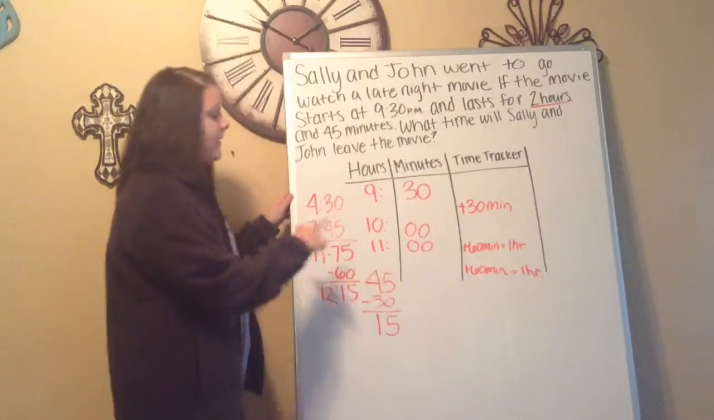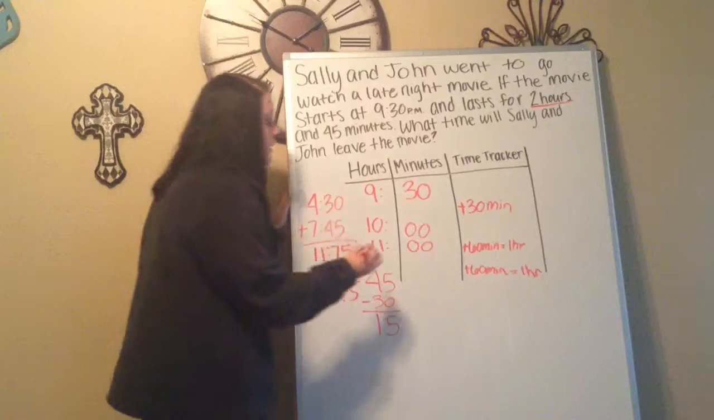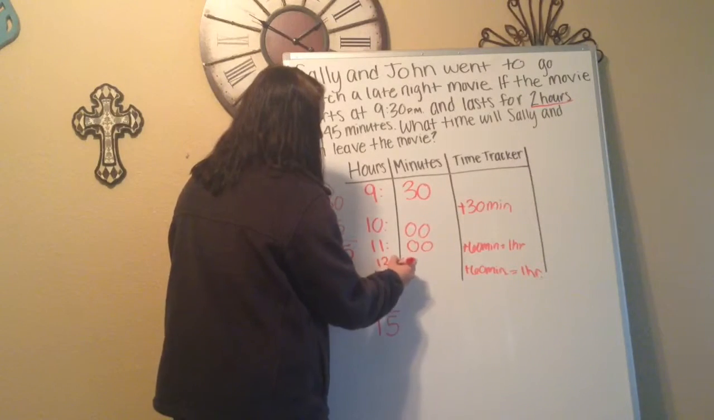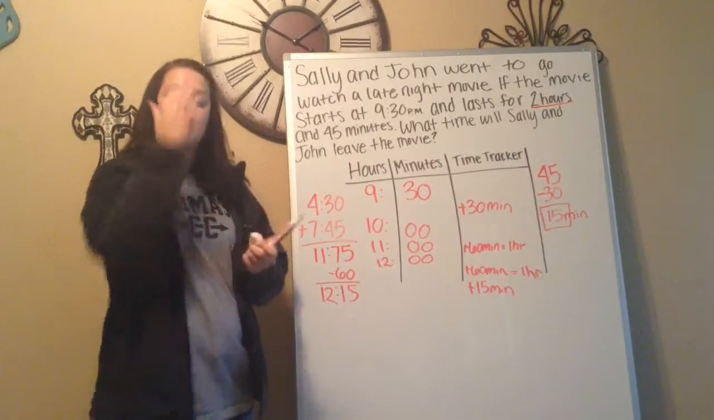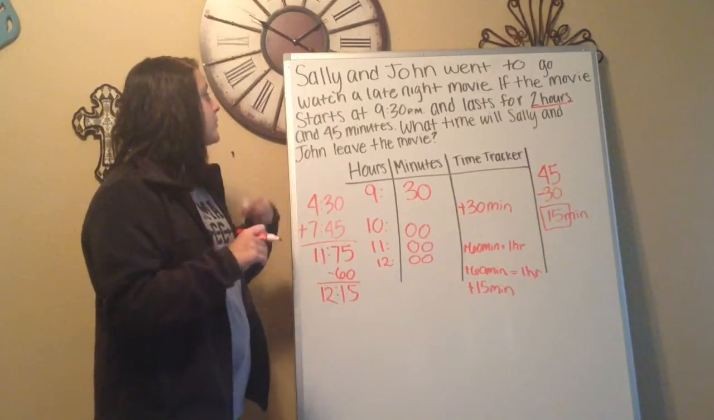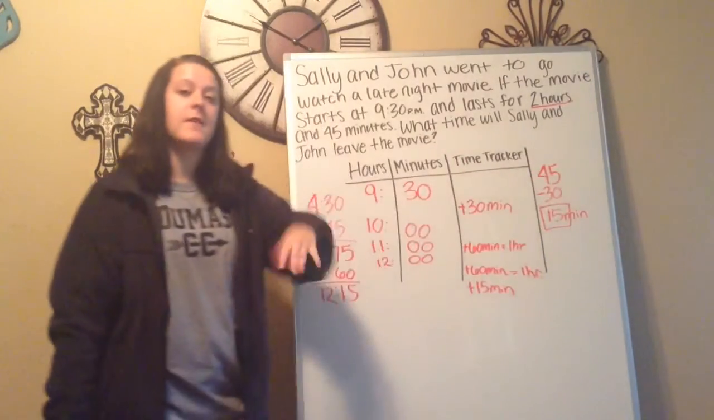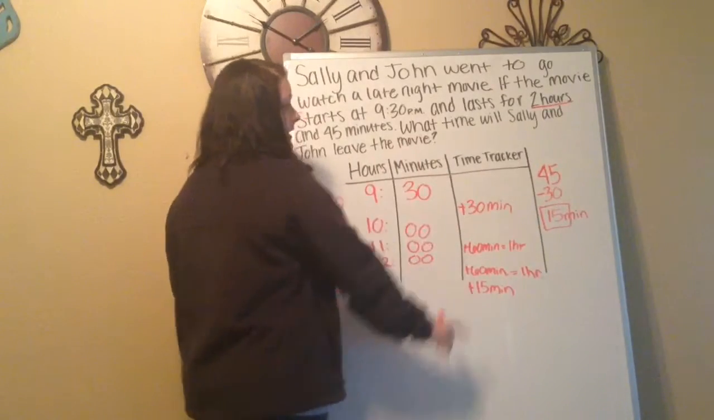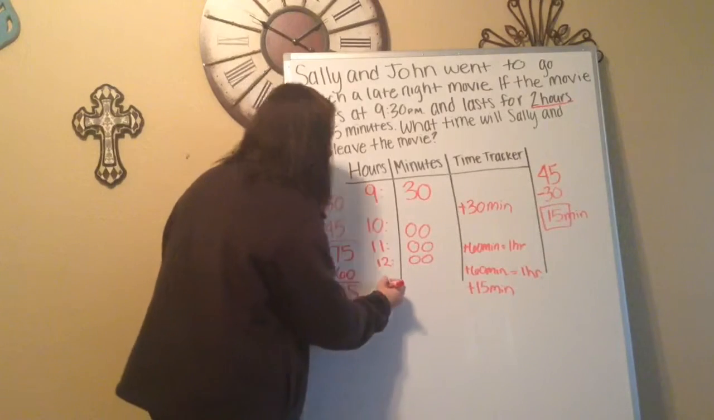And then 11 would change to 12 because we added 1 hour. So we'd put the 12 in our hours column. And so now that we're out of hours, we would move back to the 15 minutes that we found out earlier in the problem. And we would add 15 minutes in our time tracker. And so that would make the final time